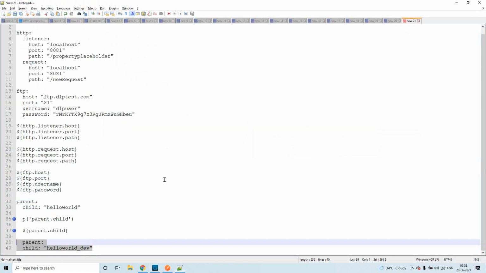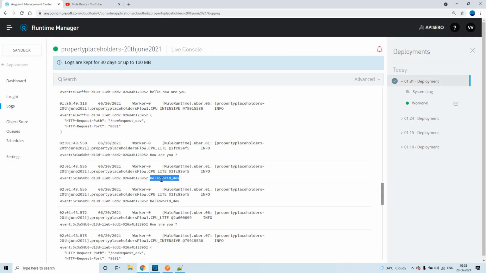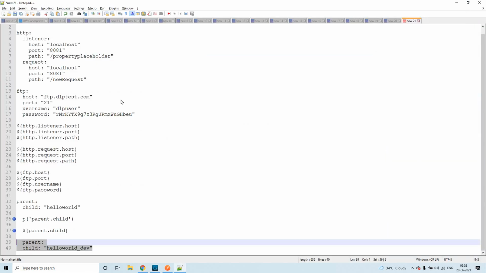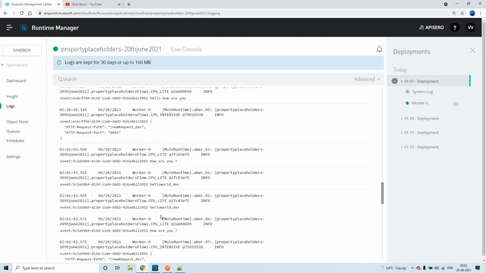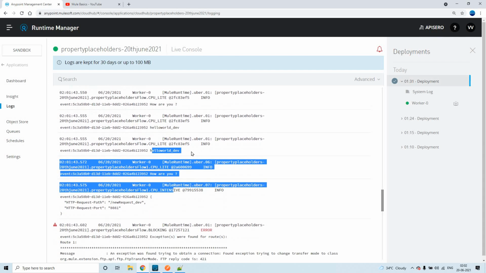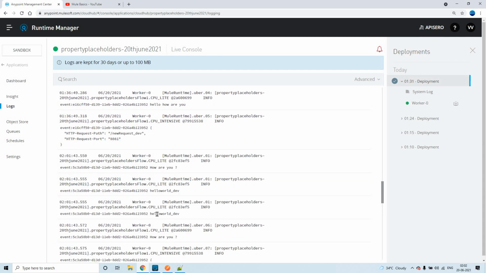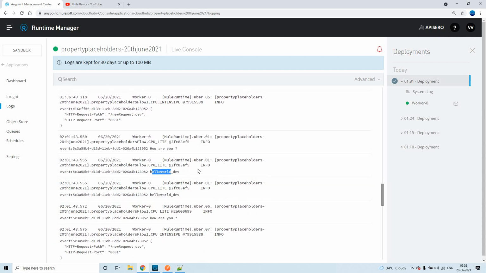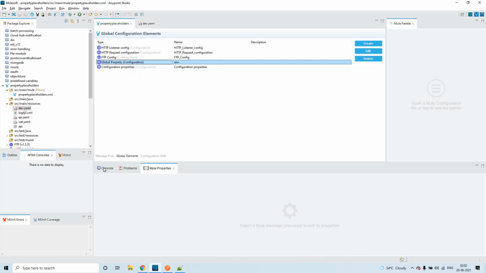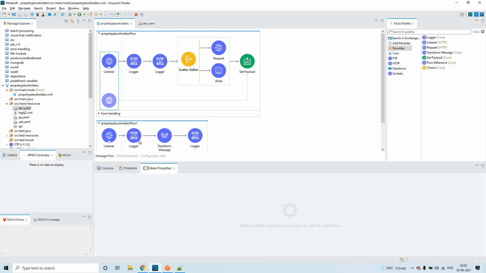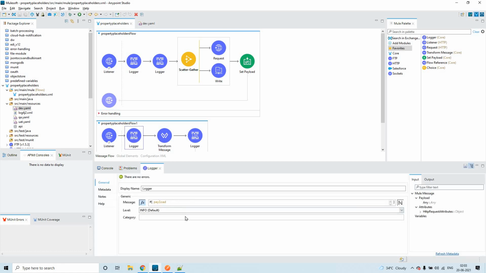Okay, so now what we are getting, yeah, hello world underscore dev. By using the p function here, and using the dollar convention, we are fetching the same property, parent.child, this one and this one. And the next one is what is getting printed: how are you.